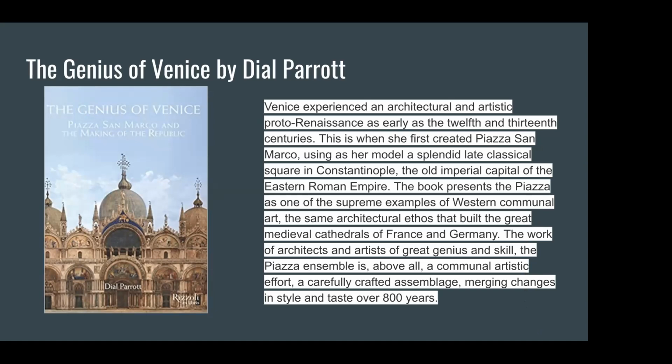The book presents the piazza as one of the supreme examples of Western communal art, the same architectural ethos that built the great medieval cathedrals of France and Germany. The work of architects and artists of great genius and skill. "The Piazza Ensemble is, above all, a communal artistic effort, a carefully crafted assemblage, merging changes in style and taste over 800 years." And so, as you can see from this paragraph,